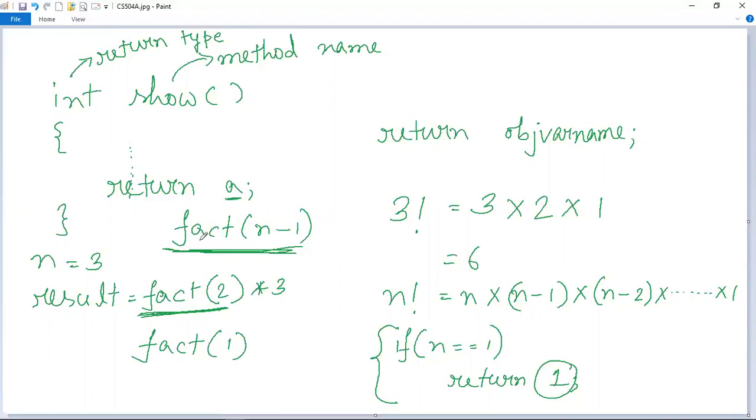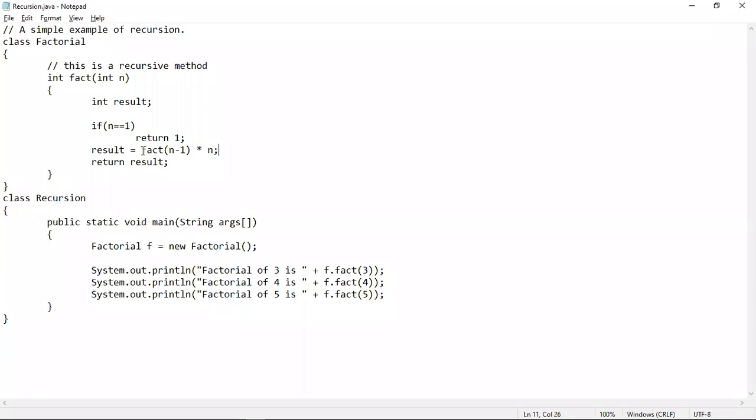That means, let me go back to the program. Here is the program. You can see that this fact n minus 1, this recursive method call has been made from inside this fact method body. So here this is the called method, which is the fact method, and this is the calling method again, which is the fact method itself. That means here the called method and the calling methods are same, because this is the method which has been called recursively from the body of this fact method itself. So when this one value will be returned, it will be returned to this fact method. Now let me explain what happens after this one value is returned.